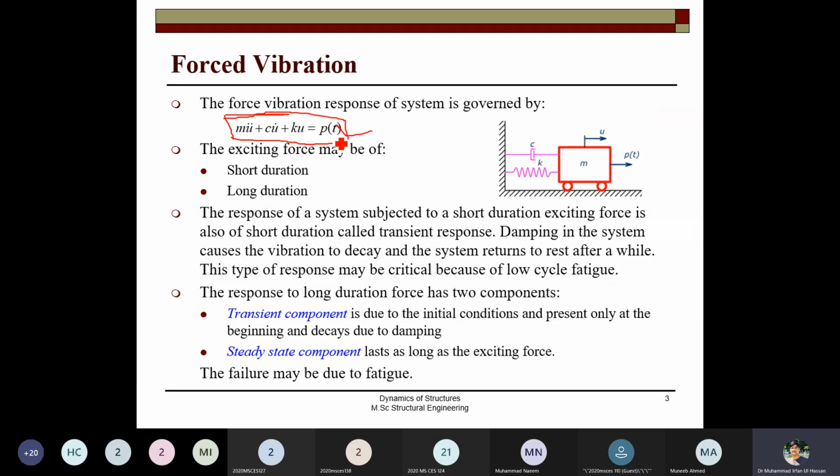So this is linked with the forced vibration, that we apply the force to the structures. It can be a very regular force, periodic force, it can be deterministic force, it can be non-periodic loading, it can be random loading. But now our discussion onward will be on the forced system, forced vibration. So the response of the system that is subjected to the short duration exciting force is also of short duration,